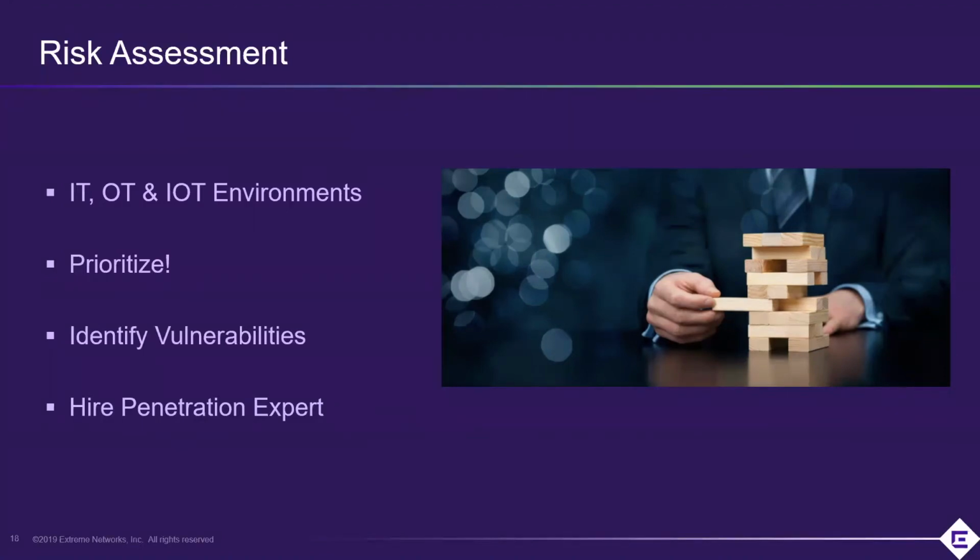Now, prioritization, that's another key. Many times risk assessments become overwhelming. You need to prioritize. And one of the things I would urge is that you need to look at IoT very quickly. You need to get that enumerated, assessed, and do a vulnerability analysis against those environments very quickly. And don't be afraid to hire outside resources to assist you with that. That sometimes is a very key thing. And obviously, we can provide that type of service, and we also have partners that can provide that type of service as well.